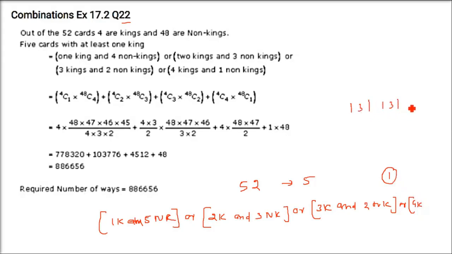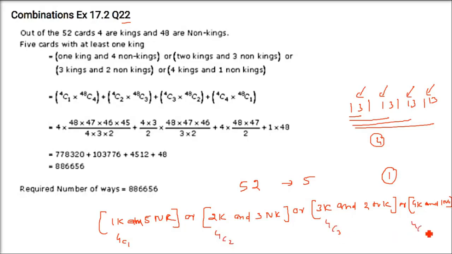See, these are 4 partitions in 52 cards. This is 1, 2, 3, 4, only one king will be there in each of these partitions. So there will be only 4 kings, so maximum 4 kings you can take. If you take 4 kings, you have to take 1 non-king. So these are 4 flavors and there can be only a maximum of 4 kings. So 4C1 if you take 1 king, if you take 2 kings, 4C2, if you take 3 kings, 4C3, and it is 4C4 if you take 4 kings.